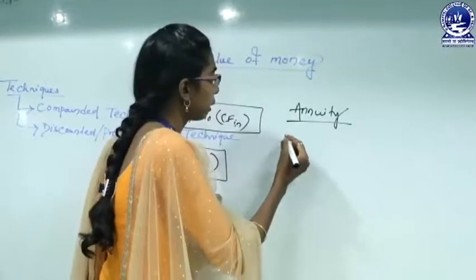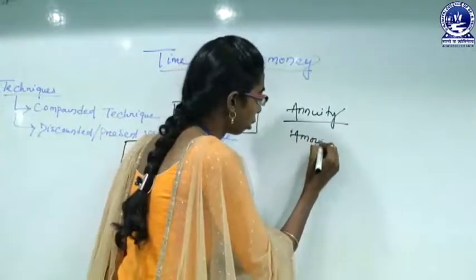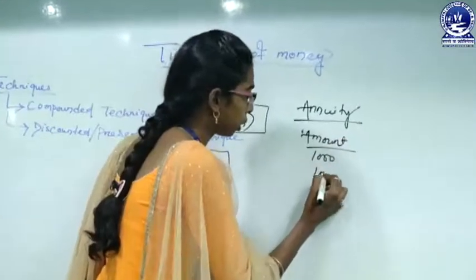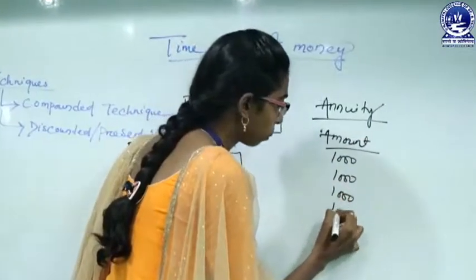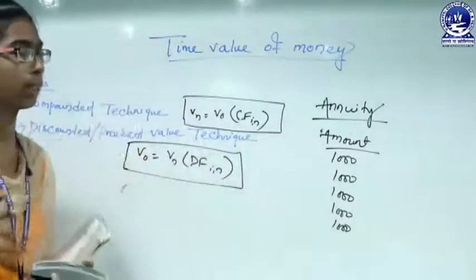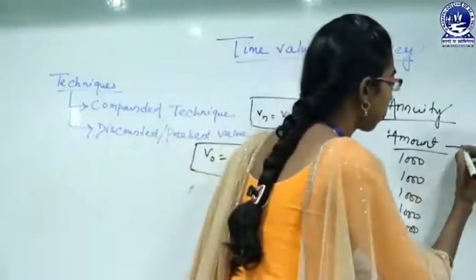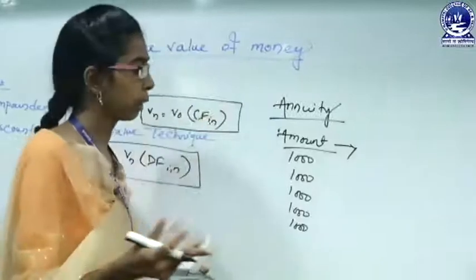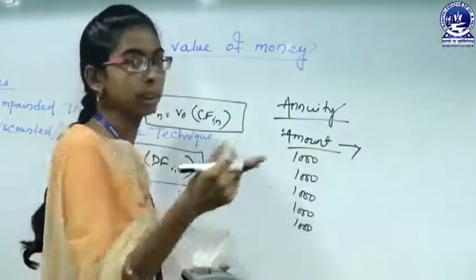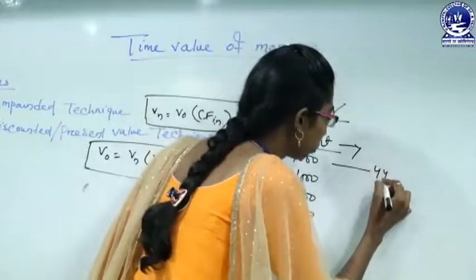You can say that this is our amount. For example, I am going to give 1000 of premium each year for 5 years. 5 साल के लिए मैं 1000 रुपीज़ ही दे रही हूँ. सो आई कैन से दैट 5 साल के लिए दे रही हूँ, तो पहला जो 1000 दूंगी ये कंपनी के पास कितने टाइम के लिए दे रहा है? 4 years के लिए. तो ये जो है ये 4 years रहेगा.